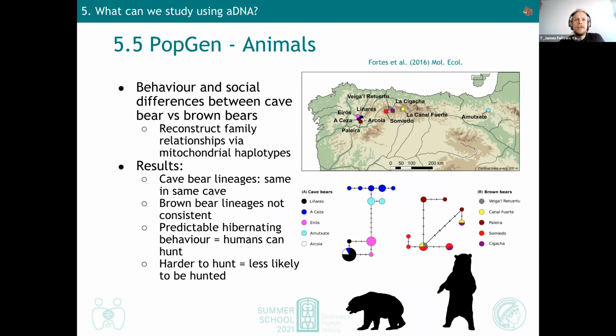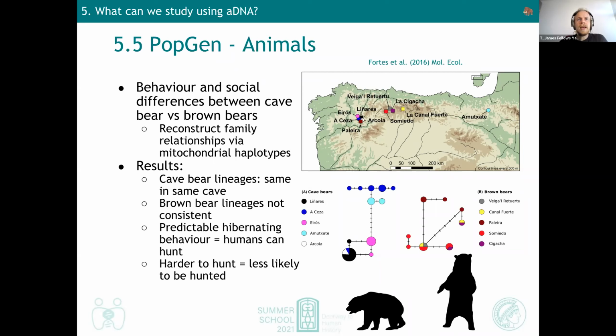It's not just humans that we can directly study. We can also study other animals. So if there are any zooarchaeologists attending who are also interested in using genetics to understand human and animal interactions, there's quite a few examples out there of these sorts of studies. For example, in 2016, Gloria Fortes et al. were analyzing different cave bear materials in caves across northern Iberia. And when they were looking at the mitochondrial DNA, so this is the DNA inherited maternally, they stumbled across an interesting pattern